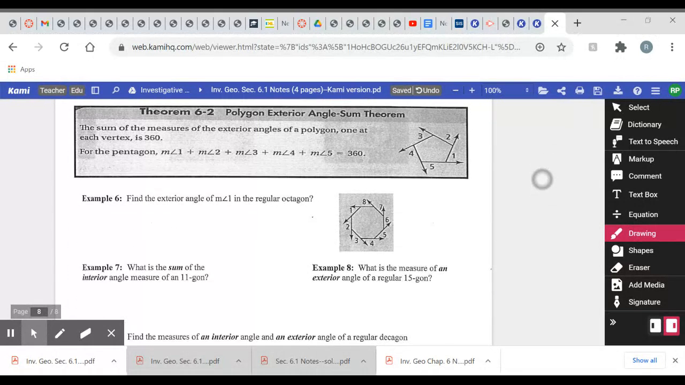All right, on section 6.2, or Theorem 6.2, the Polygon Exterior Angle Sum Theorem says that the sum of the measures of the exterior angles of a polygon, one at each vertex, is 360. So this one's a little different, because the sum of the interior angles changes depending on how many sides the figure has. The sum of the exterior angles is always, always, always 360. If you want to write that down,